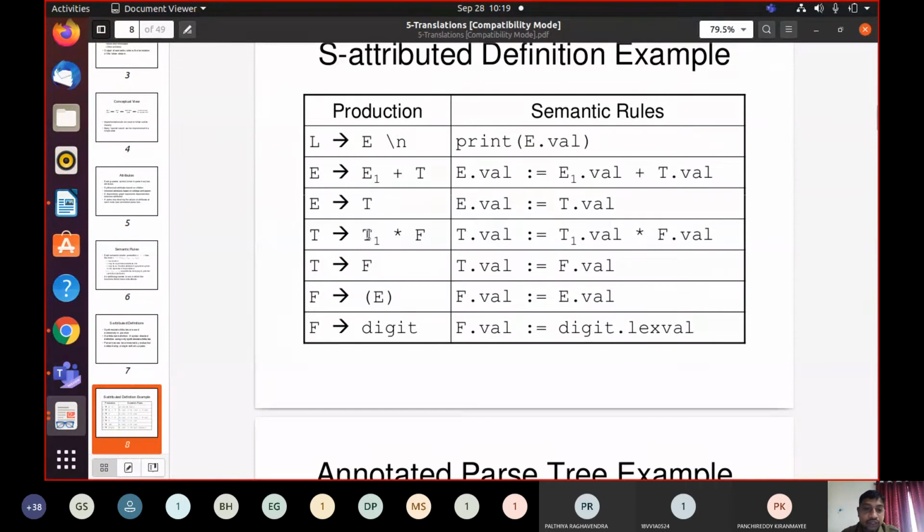This T1 is different from the left hand side non-terminal T. That is the reason we are using the subscript T1.val times F.val. Finally, when you reduce E1 plus T to E, you get E.val. We are printing that val.